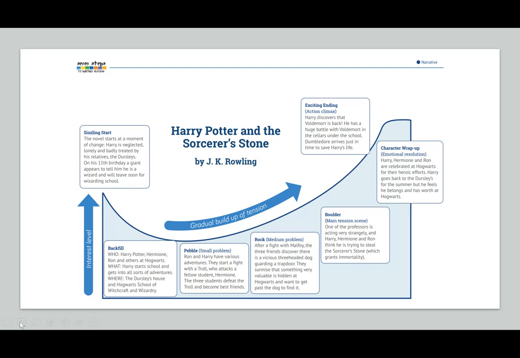And then, this is another bit that students often forget, is the character wrap-up. So after that exciting climax ending, what happens next? So after that, well, Harry, Hermione, and Ron are celebrated at Hogwarts. Harry goes back home to the Dursleys for his vacation, and he feels like Hogwarts is his home. So this is what a good story